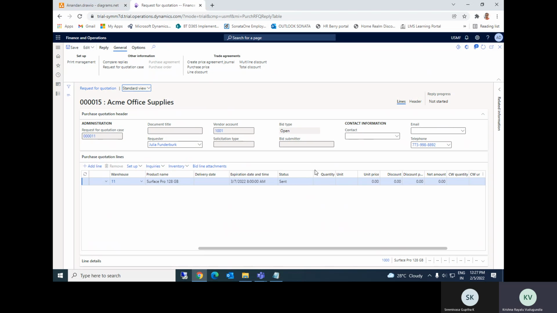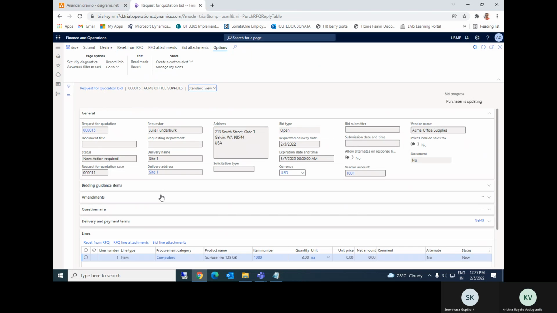That information we have to update in the application. So for that, click on edit reply. This will be done by the purchaser only. Purchaser is updating the bid, in the sense the person who had created this request for quotation will update the